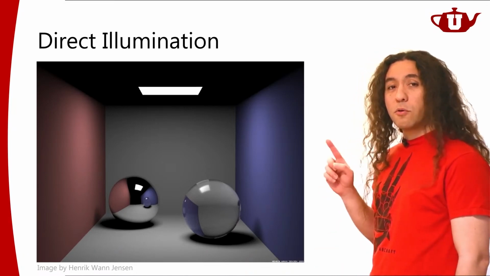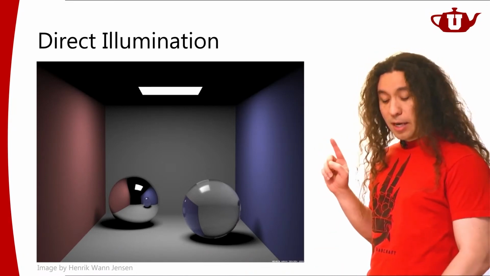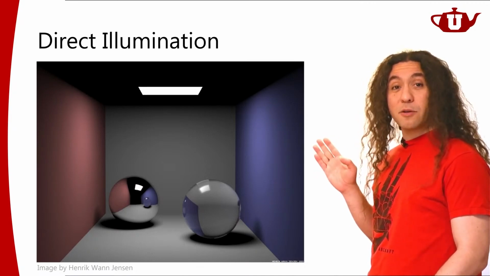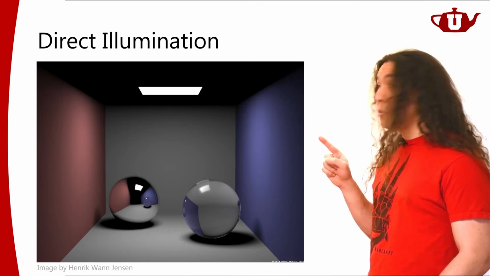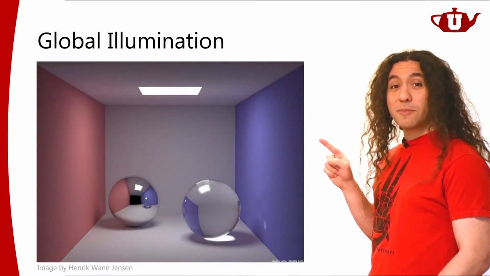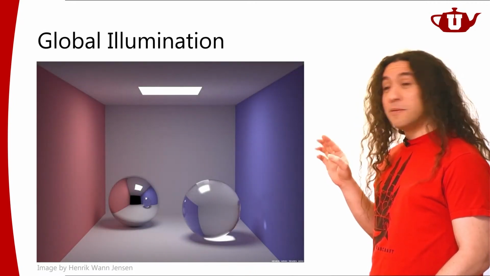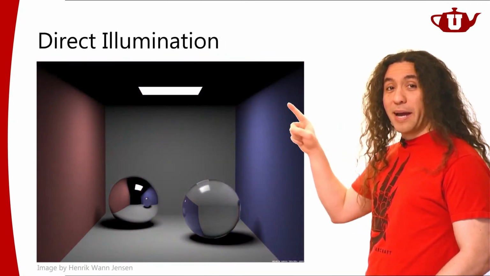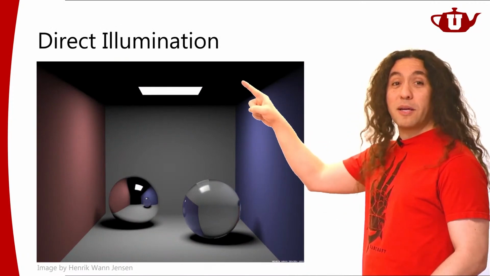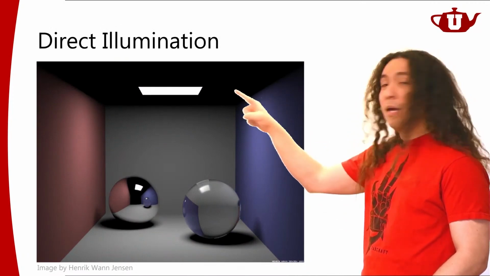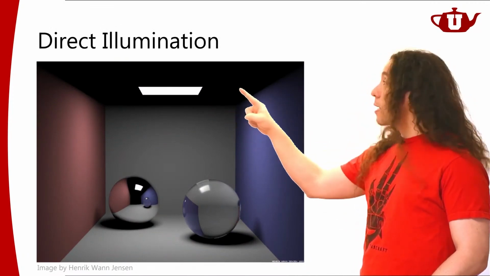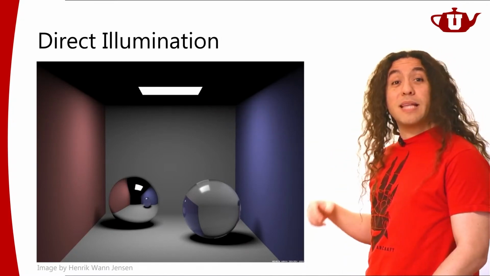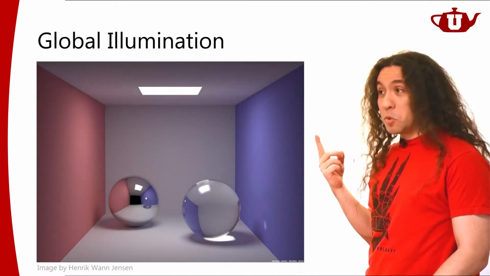So I'm going to show you what global illumination looks like. I'm going to add indirect illumination to this, and that's going to be global illumination. Are you ready? From direct illumination to global illumination. A lot more light, right? So now, going back, look at this, the ceiling up here. It's completely pitch black. Why? Because this light source cannot illuminate the ceiling. But the indirect light certainly can.